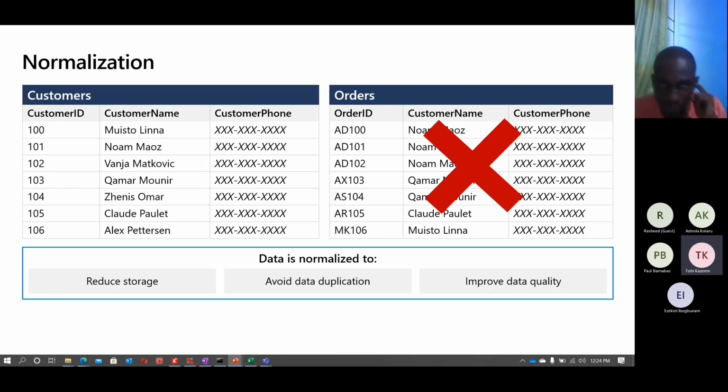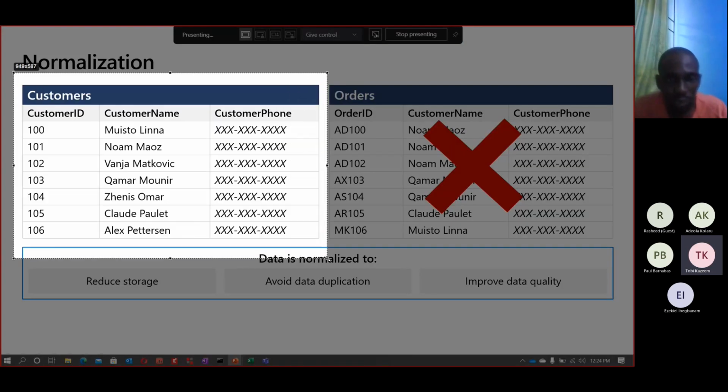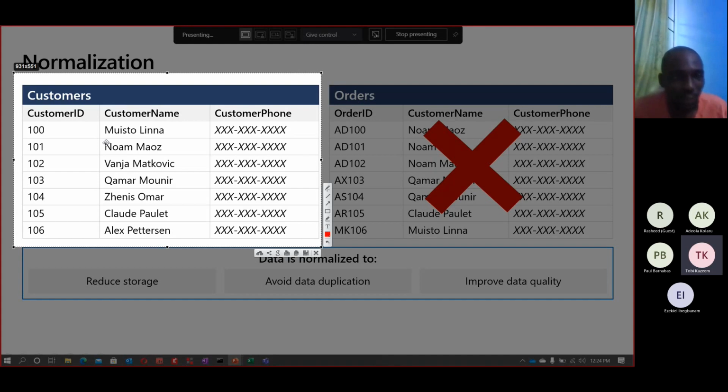So for example now, you can see these two tables. Yes, I know we understand table now. We have two tables here, customer and order. You can see in both of them, we actually